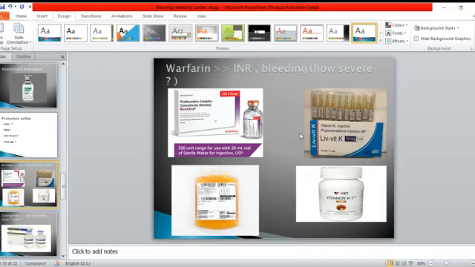Okay, so dilute and give slowly, never give an IV bolus. IV bolus of vitamin K may be associated with severe reactions, and even sudden death. So never ever give a rapid bolus of vitamin K. Always give it by slow IV infusion, or you may even give it subcutaneously if there is no IV line.